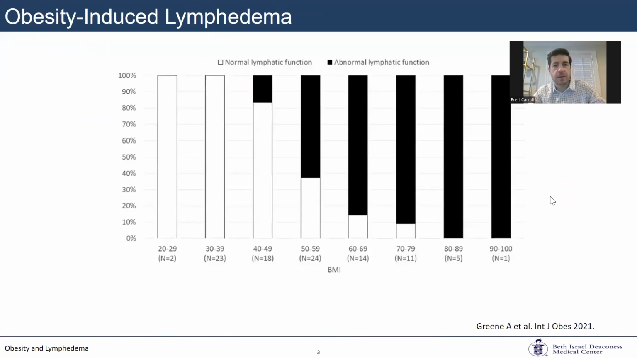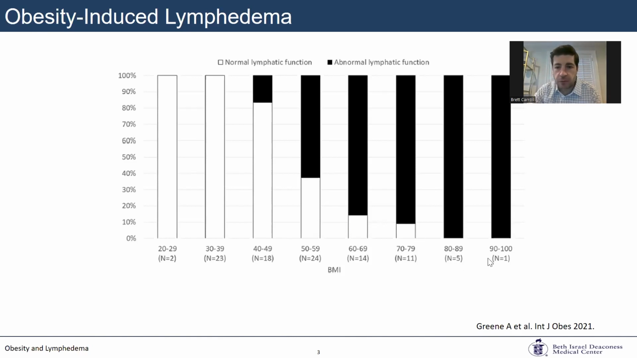So this was a nice study demonstrating the abnormal lymphatic function in patients with lymphedema and obesity. This was done at Children's Hospital through our colleague and collaborator, Dr. Aaron Green, from a few years ago. And they looked at lymphoscintigraphy, and the black is abnormal lymphatic function. You can see there's a clear trend as you get a BMI over 50, and then really beyond that, significant